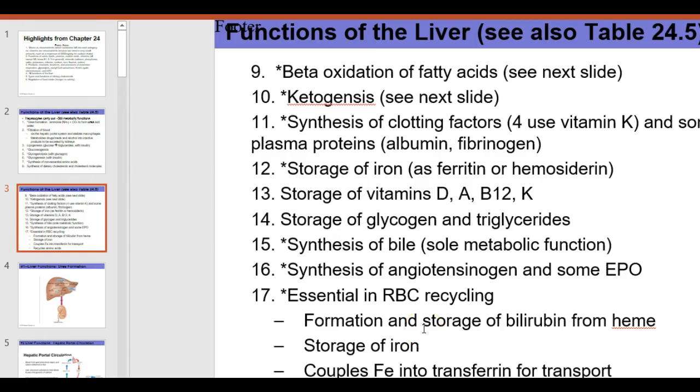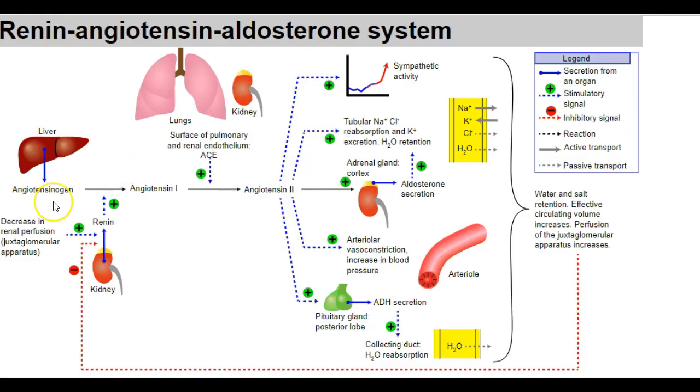The liver is instrumental in helping us manufacture, synthesize, make hormones. So it does make some EPO, some erythropoietin. That's primarily the job of the kidneys, but the liver can help. And it synthesizes this prohormone, angiotensinogen. And angiotensinogen is that prohormone that's activated by renin to become angiotensin 1, which is activated by ACE to become